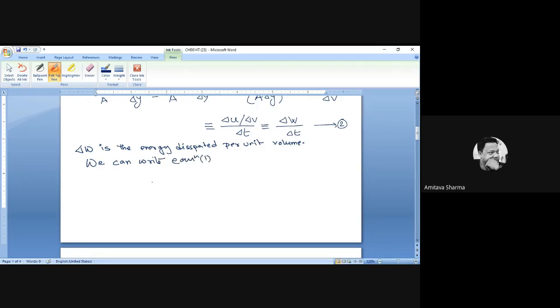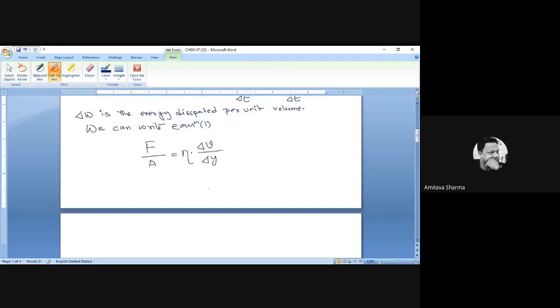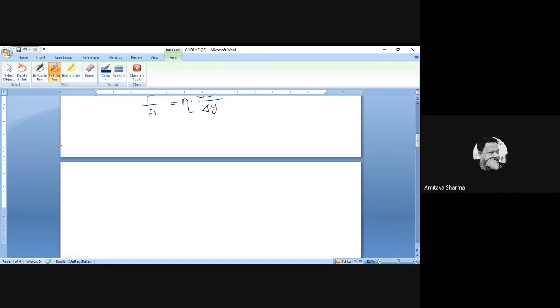Equation 1 can be written as F by A del Y. Now multiplying both sides by del V del Y, we get,